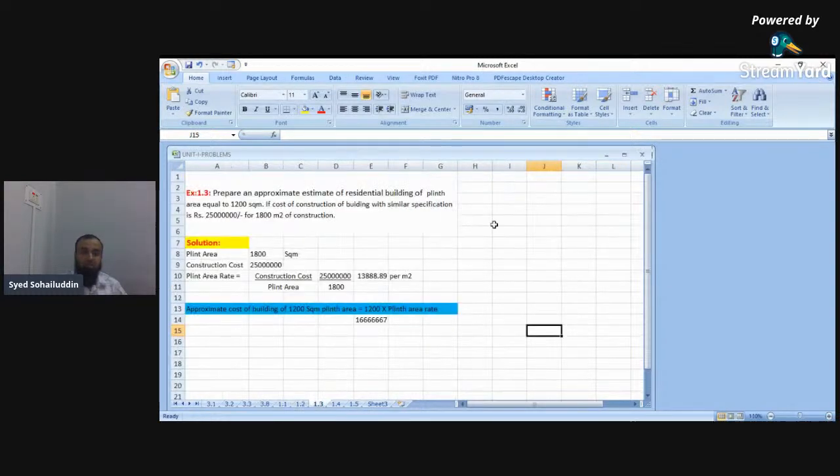Next, again in the same way, the next problem is: prepare an approximate estimate of a residential building of a plinth area equal to 1200 square meters. If the cost of building is